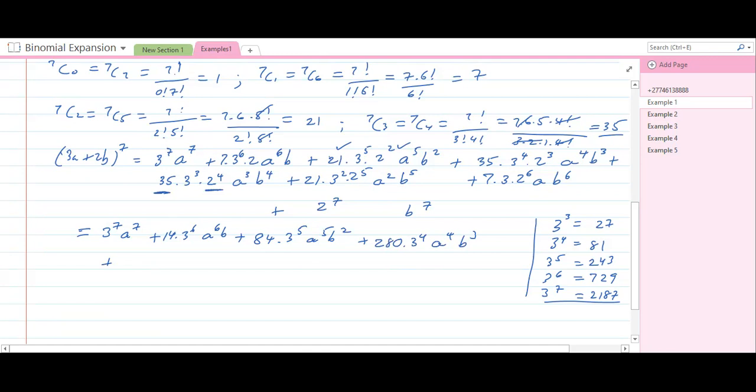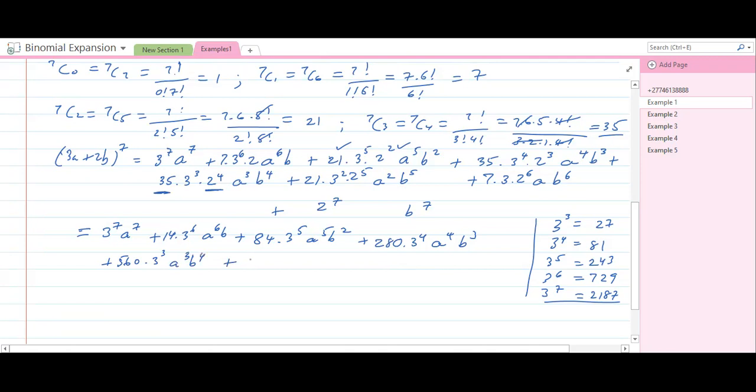We can actually say 35 times 16. We have 280, we can just double that, 560. 560 times 3 cubed, a cubed b to the power 4 plus,